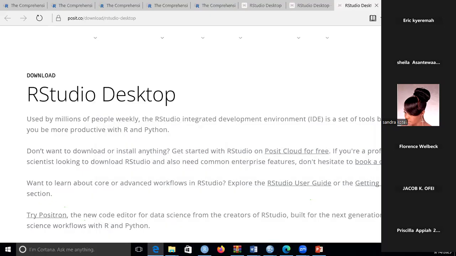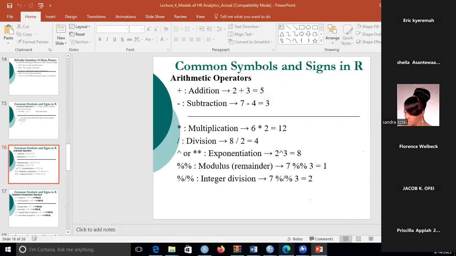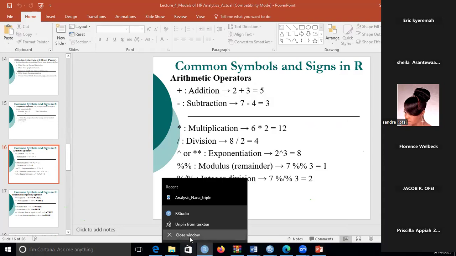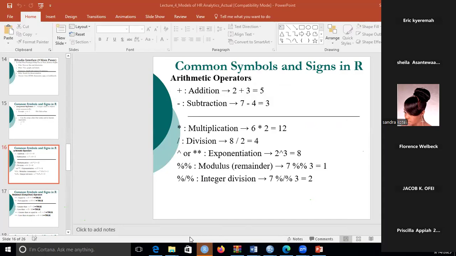Okay, so let me minimize all this. Let me close it and then